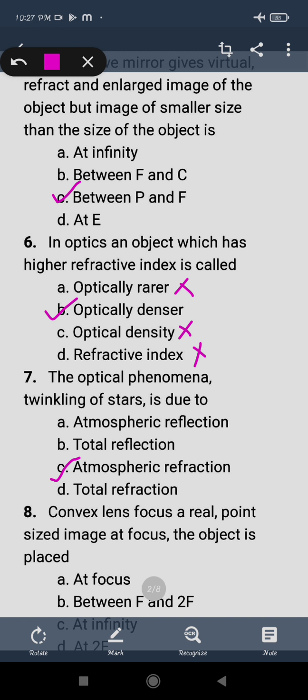If we talk about total reflection, it cannot be done in this, so the only option is atmospheric refraction. Now the next question, that is,